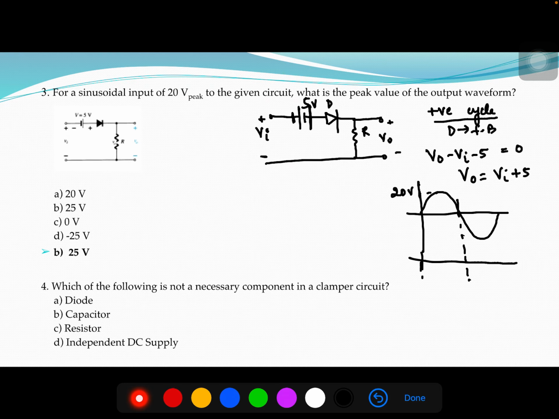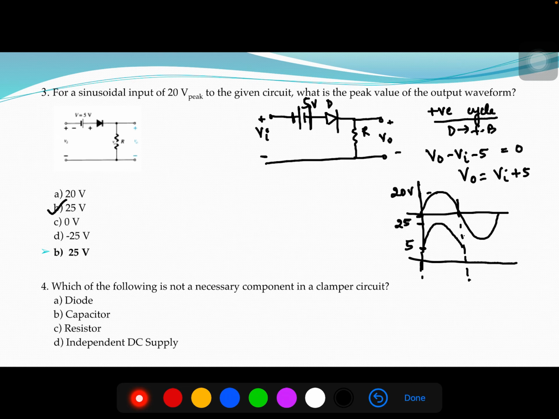So how do you raise a signal? You just raise it by a value and add that value to its starting point and the ending point. So add 5 to the 0, that means the signal will start from here and go till 25. Okay, so that means you have added 5 to your Vi. It shows like this. So what is the peak value you are getting now? You are getting 25 and that is what has been asked. So the answer is B, that is 25 volt. I hope that you must have understood.